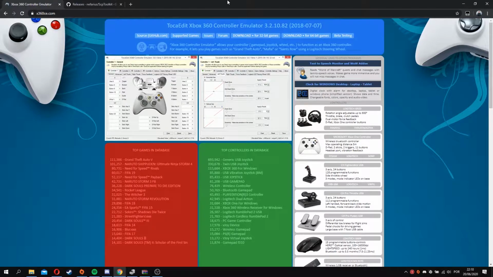Some of you might know me from the FIFA Discord, and I'm here to give you a quick tutorial on how to use either PlayStation 3 or PlayStation 4 controllers on FIFA 20. A lot of you might already have tried to use other software, such as DS4 Windows for PlayStation 4, or other kinds of various software for PlayStation 3.